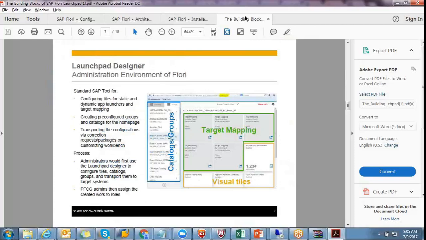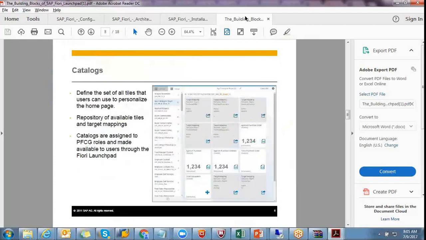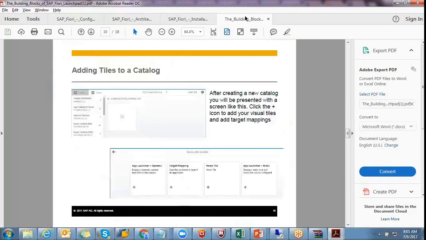Okay, Launchpad design. In Launchpad design, catalogs and groups will be there. We'll create catalogs and groups, I'll show you that. In the catalog and group, you will assign the tile, and inside the tile, you can assign the app. Catalogs and groups, tiles and apps. So catalogs and groups, adding tiles.